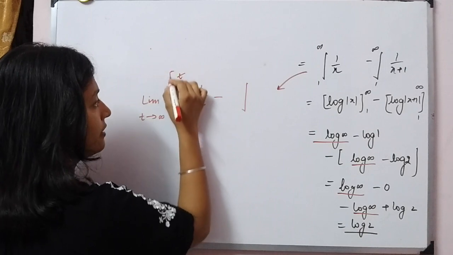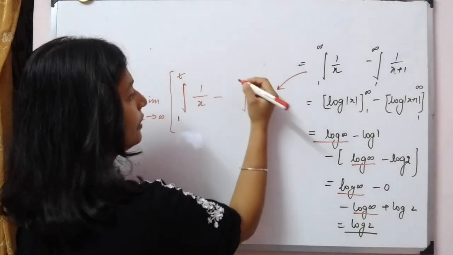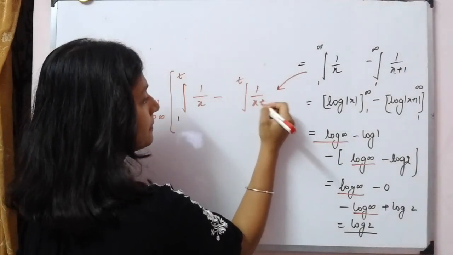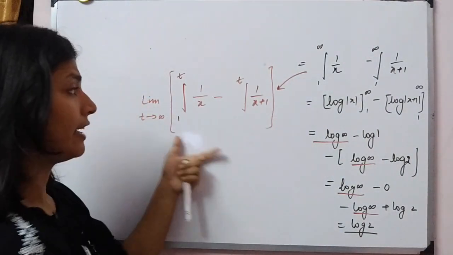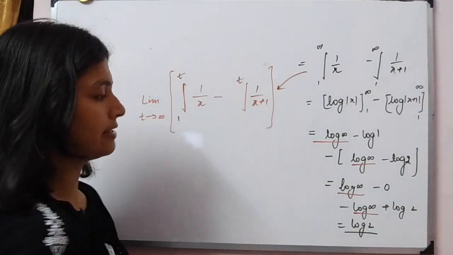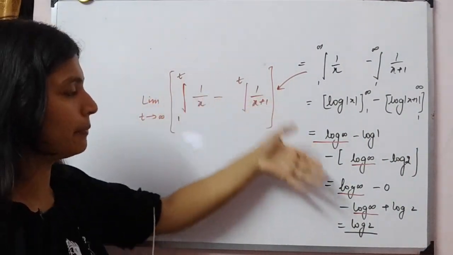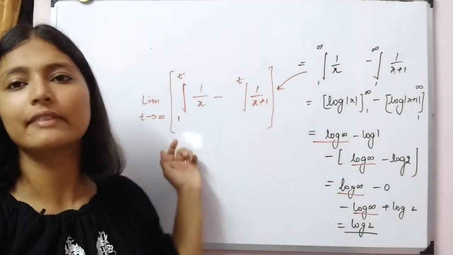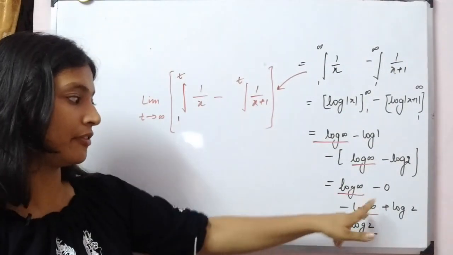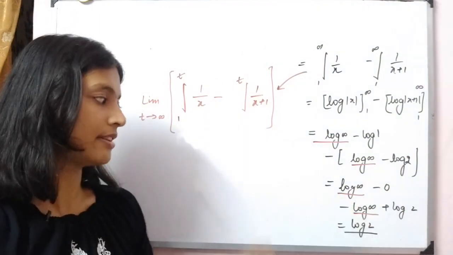And same goes here, so we are taking the limit as common and 1 to t, and when you solve it, log t and log t get cancelled, so then apply the limit. So this is the correct way to do it, because we cannot cancel an infinity with infinity, and you can see I did not cancel it over here.